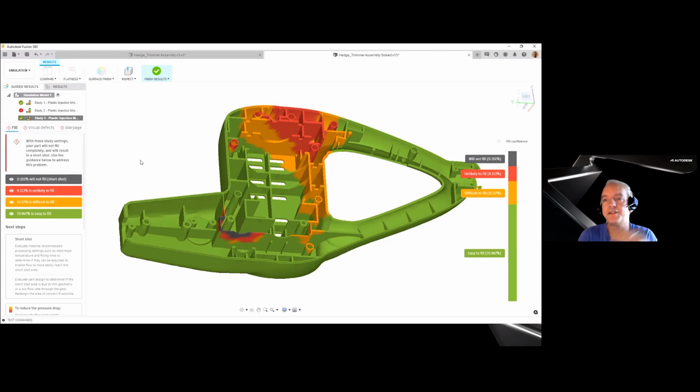So nicely tied together. And one of the things worth pointing out is that in Fusion injection molding, we have a guided view area that answers 3 basic questions for the designer, and we talked about these 3 things earlier in the presentation. Where will the part fill? Will it have fitting issues, yes or no? Will it have visual defects, things appearing on a part that are of cosmetic concern? And will my part have massive warpage or deformation issues? And we'll go through this in the next right now over here.